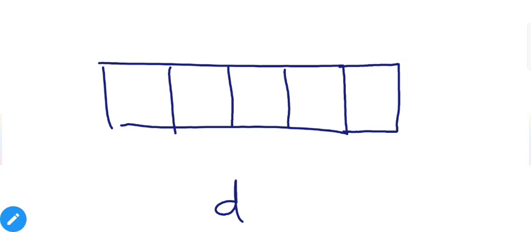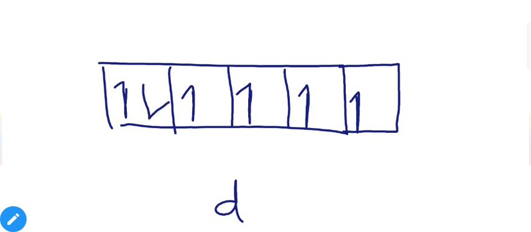Let's start by putting one electron. In d1 configuration we have one unpaired electron, in d2 we have 2, in d3 we have 3, in d4 we have 4, and in d5 we have 5 unpaired electrons. But in d6 pairing will start, and that's why we have 4 unpaired electrons. In d7 we have 3, in d8 we have 2, in d9 we have 1, and in d10 we have